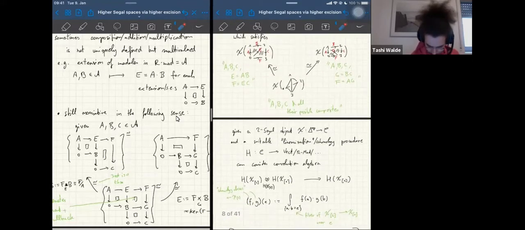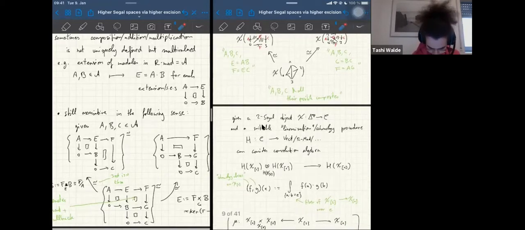So if you're given a 2-Segal object like this, which you really should think about as a multi-valued monoid, you can take some suitable linearization or cohomology procedure, which you think of as a functor from C to vector spaces, modules, or whatever, which has suitable backwards and forwards functorialities. And you can consider a sort of convolution algebra where, if we think of an element of this as some sort of cohomology class, which we can evaluate on something here, like this could be, for instance, functions to some ring, but also it could be some more complicated cohomology class,